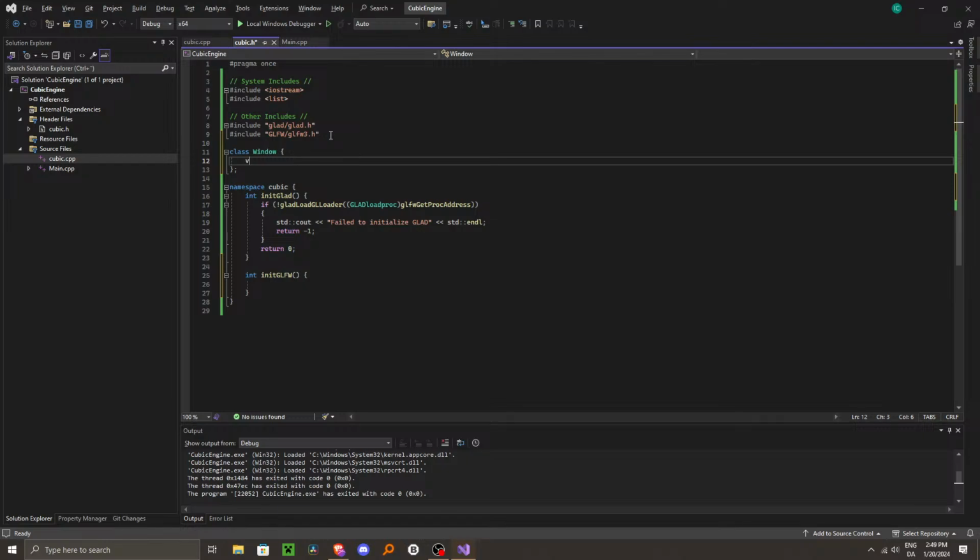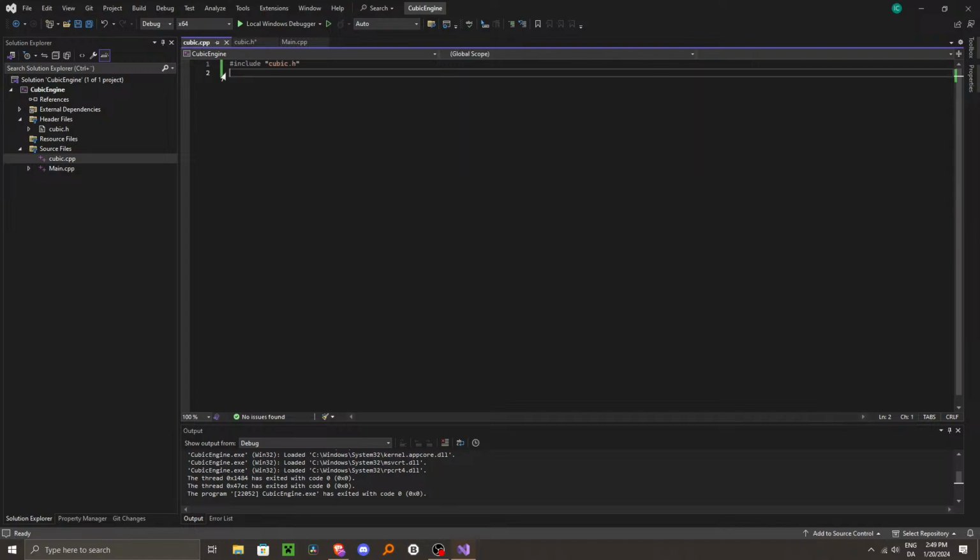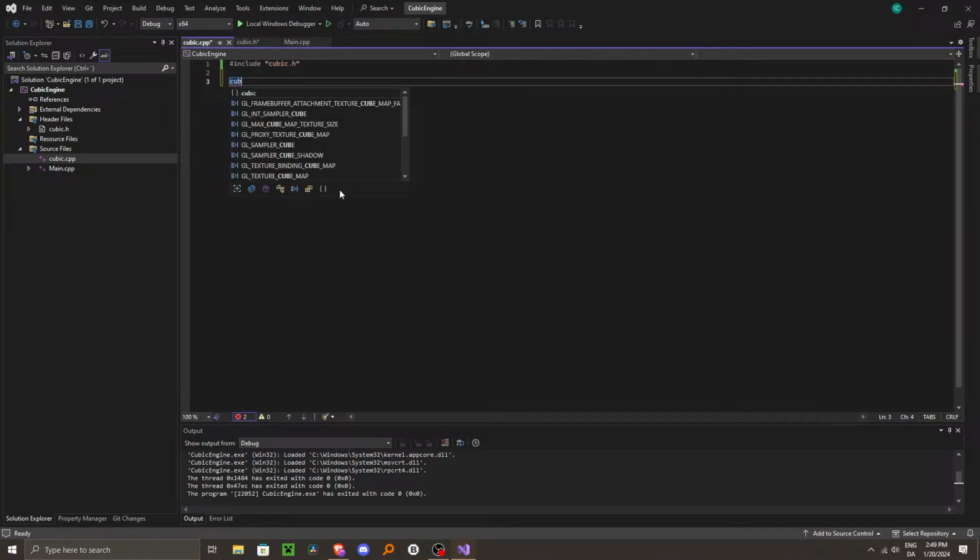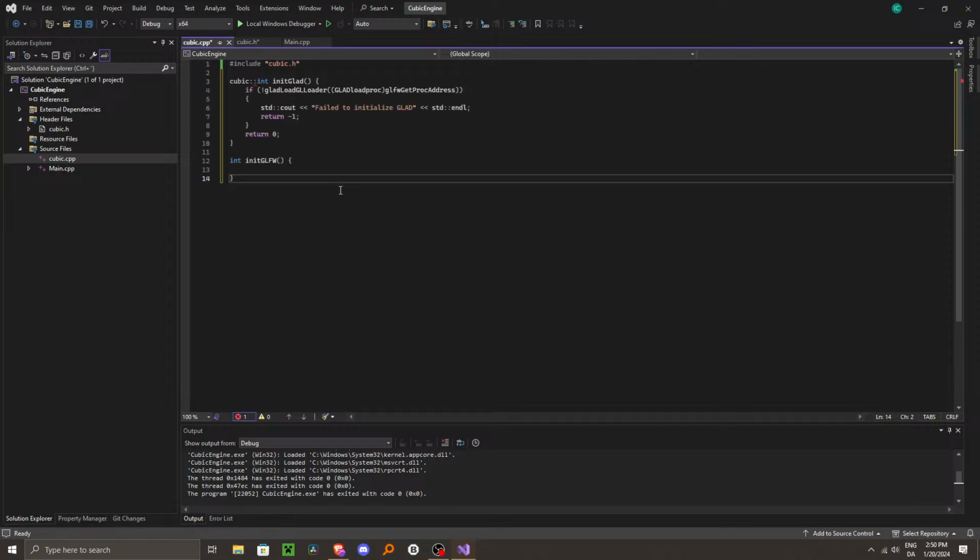So we can go void window hints, and it should take some parameters. Of course, I'm defining this stuff here. I actually should not be doing that. I should be doing that in the C++ file, like cubic init glad right here. If you were to do it properly, yeah. And this one should be